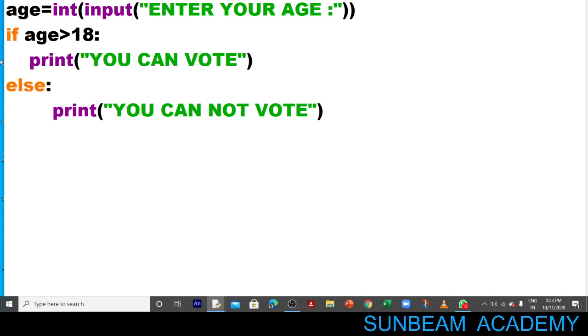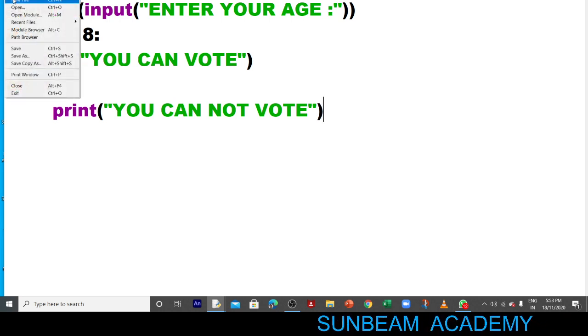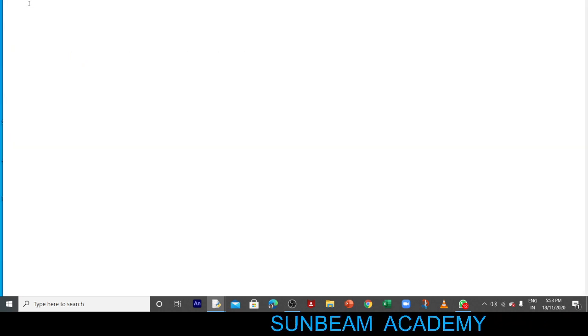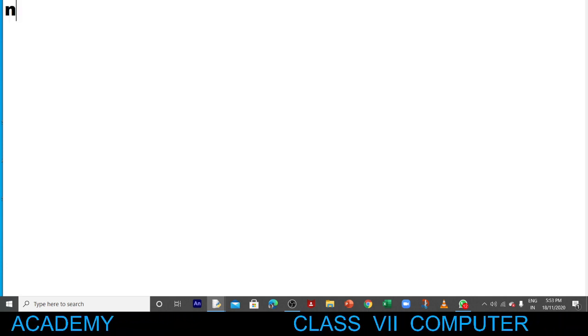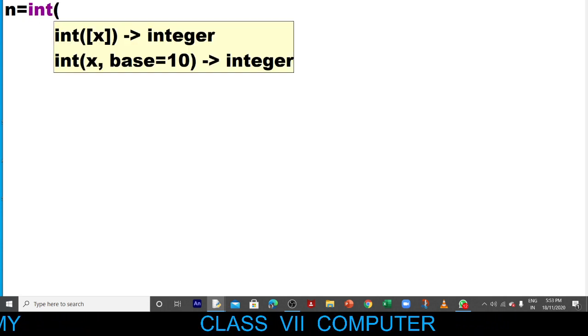Let's see the statements. Children, click on file and click on new option. Now first of all we will take user input from the user and store it in a variable, let me store it in n. N is equal to, now whatever you will give, it will convert it into integer.